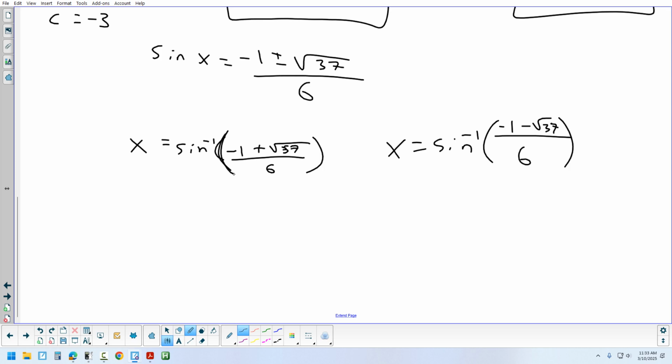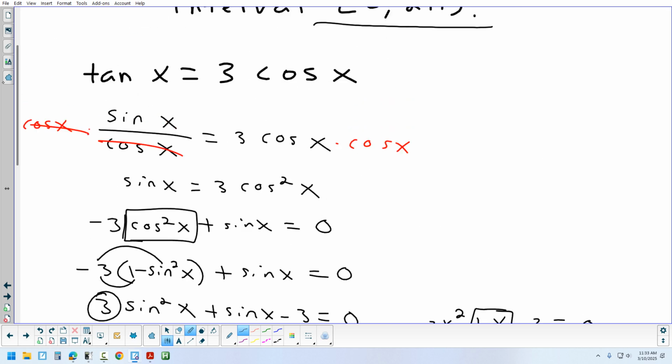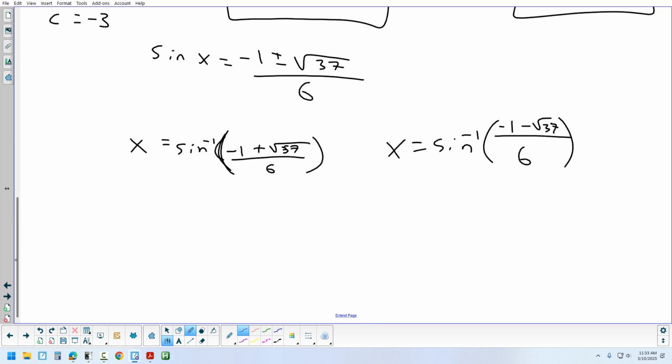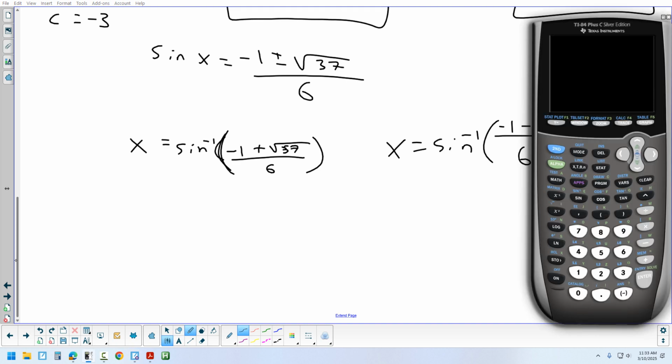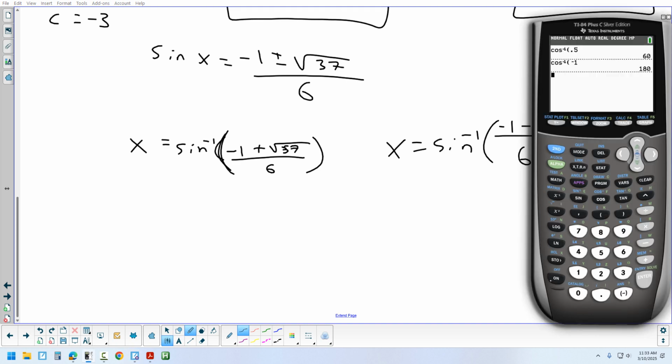Is that a nice number? No. I'm not going to get a nice answer when I do this problem. Doesn't matter if I do degrees or if I do radians. That is not a nice number. So if they want radians, then I'm going to put my calculator in radians because I know it's not coming out nice. Okay? So let's do the inverse sine of negative 1